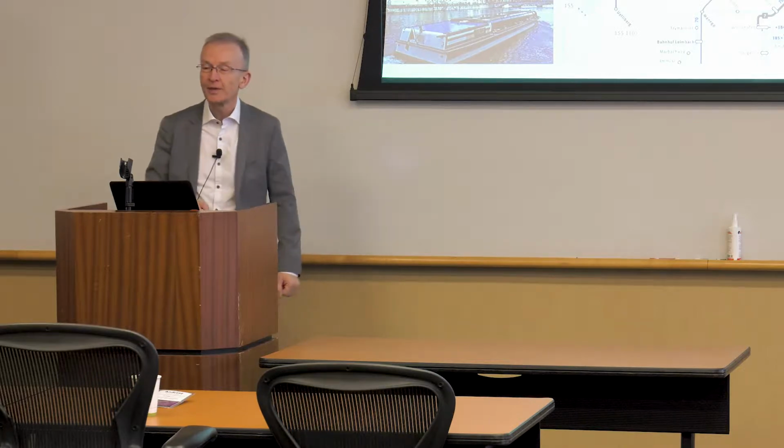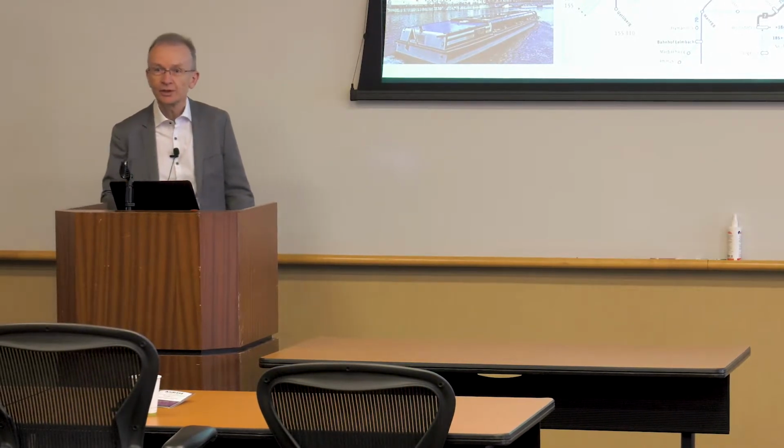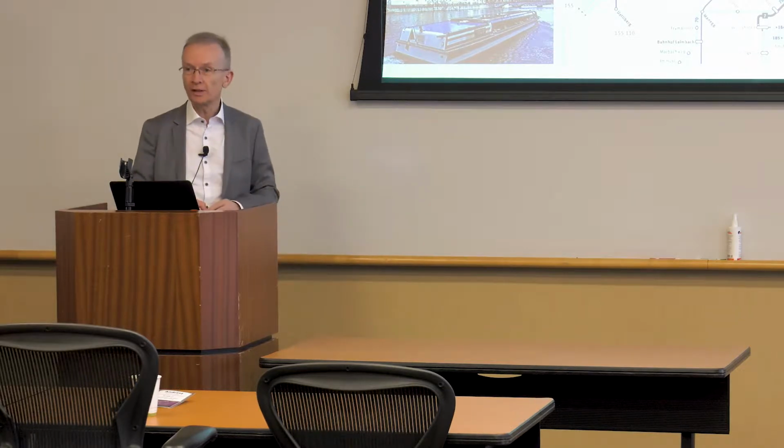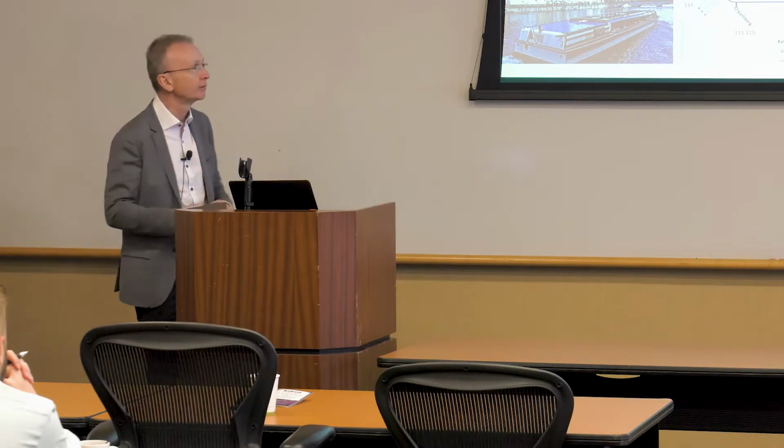So that's the difference. And we can even add another public transportation system, for example, the rental bikes. So this is a system of systems. We have the typical situation that we have existing systems of systems which have various functionality. They have various quality attributes. For example, the performance, the speed let's say, of the train is much higher than that of the ship,